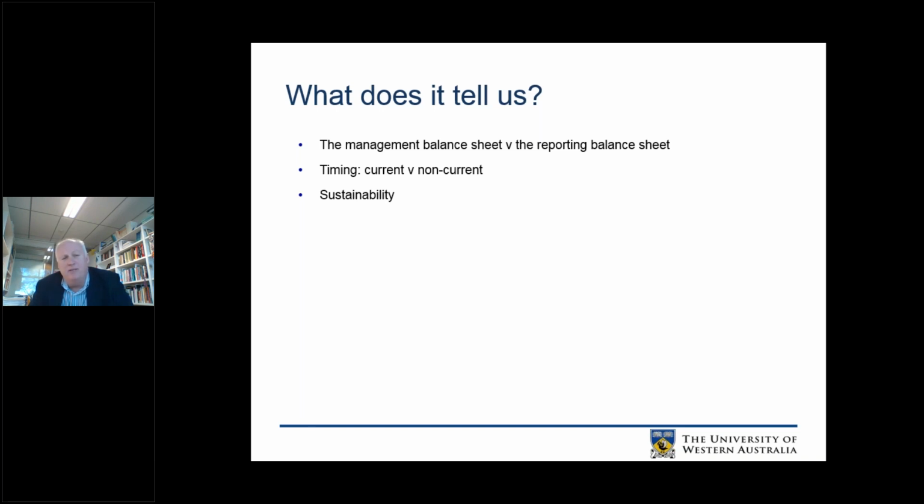The second thing about balance sheets, and most people are probably well aware of this, is that we have a tendency to divide up the assets and liabilities between what we call current assets and non-current assets, current liabilities and non-current liabilities. A current asset or a current liability is an asset or liability that is going to convert to cash in some way, shape or form, or be used up within the next 12 months. Whereas a non-current asset or a non-current liability is going to crystallise, become cash or be used up at some period beyond that next 12 months.